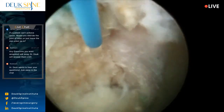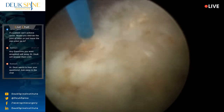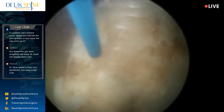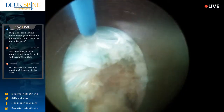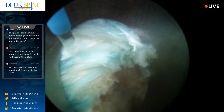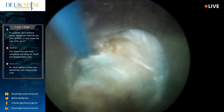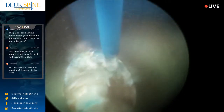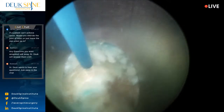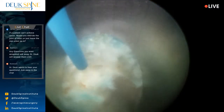There's the end plate, by the way, that I was talking about. We are in the tear. The tear was really running along the end plate. I don't know if you noticed that, but all the blue stuff was kind of right here. So it was a separation of the annulus fibrosis, and you can see the blue stuff inside these outer annular fibers. And that blue stuff is, like I said, nucleus pulposus. You cannot stain the annulus fibrosis with the blue dye. So the blue dye stains nothing but